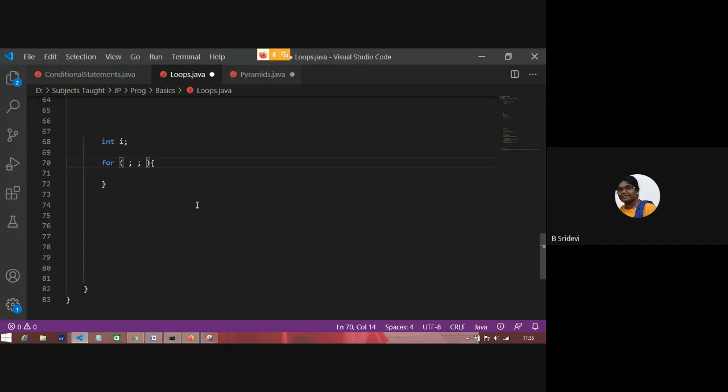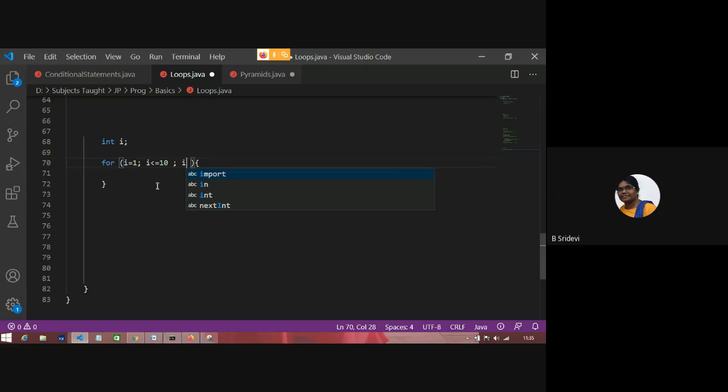So now I want to print numbers from 1 to 10, the same old example. Here I'll write the initialization part. The loop variable is i, whose starting value is 1. It should execute if it is less than or equal to 10. I want to print odd numbers from 1 to 10.